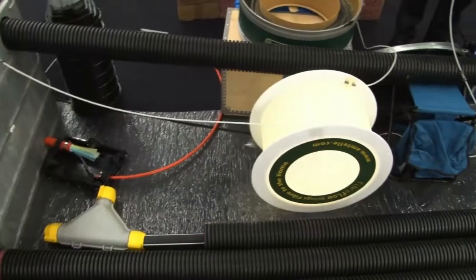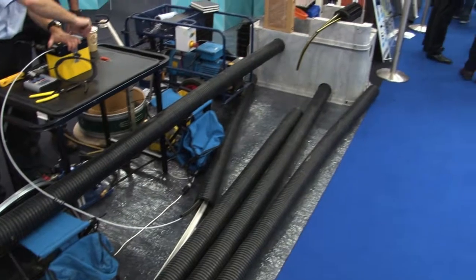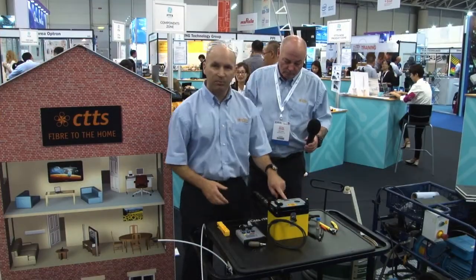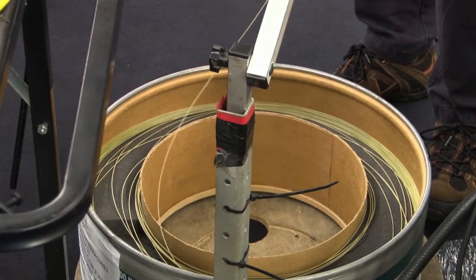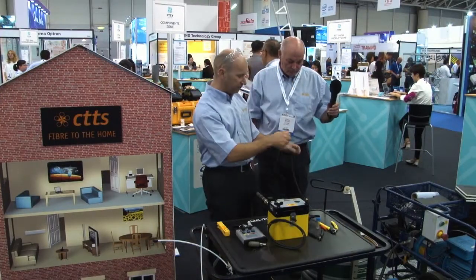ECOC 2018, and we're going to do an air-blown fibre demonstration, blowing some MTEL 4 fibre unit around a small tube system to simulate fibre to the home installation. What we've got is an Axel Air 2 machine from CBS, and we have a 4 fibre MTEL blown fibre unit, and we're going to feed the fibre